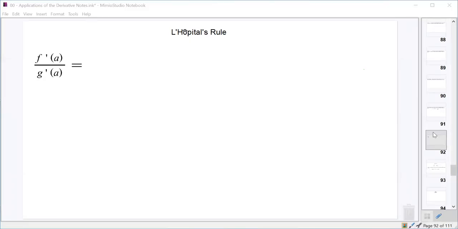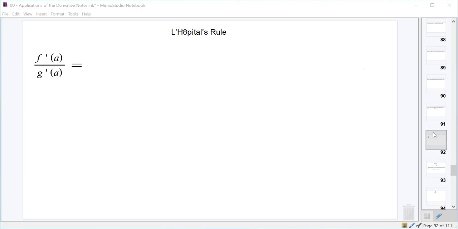Today we're going to look at a rule called L'Hopital's. Sometimes it's spelled L apostrophe hospital. Pronunciation here is going to be L'Hopital's rule. So what we're going to do first is we're going to start with the statement that we have f prime